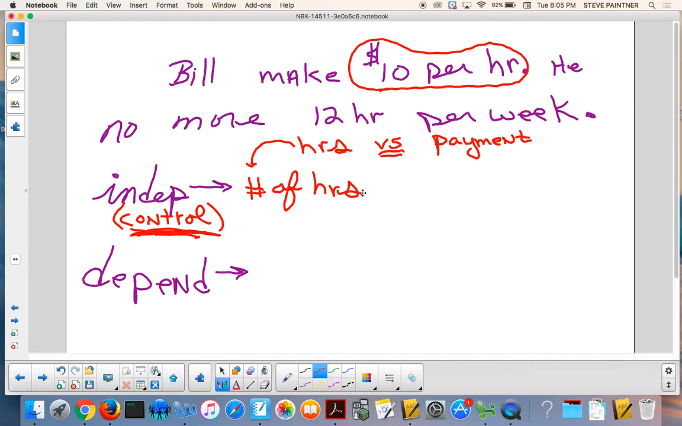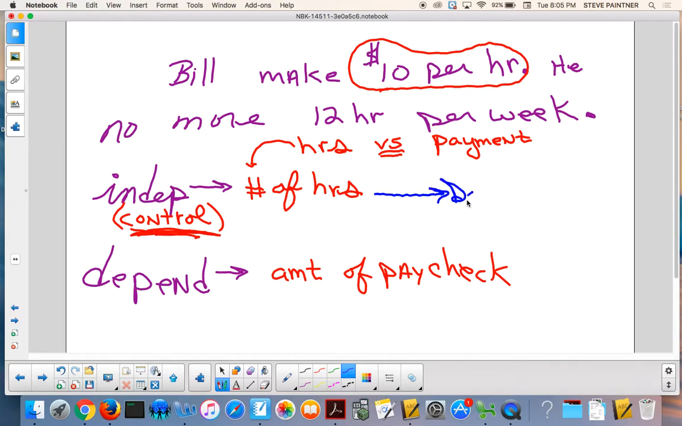So this is independent, number of hours. So the dependent variable will be amount of, let's say, paycheck. Okay, so there is your independent variable, there's your dependent variable, and the next thing you'll do is you'll run the independent variable over and call it your domain, because that's what the domain is. It's the independent variable. So in this one, it says number of hours. Well, number of hours, it says up here,